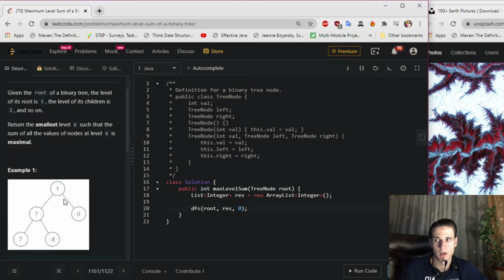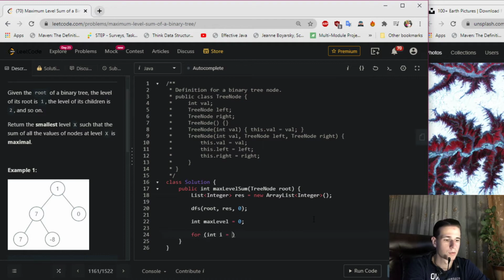So right here we got, instead of 1 0, instead of 2 1, instead of 3 2. And finally we return. Like first we need to create int maximum level is equal to 0,